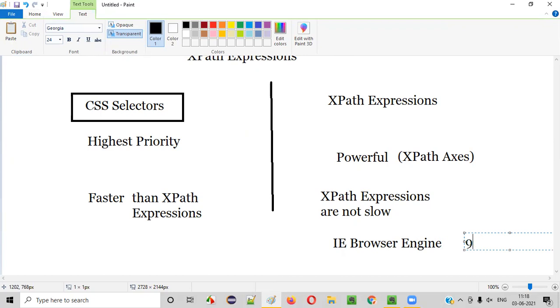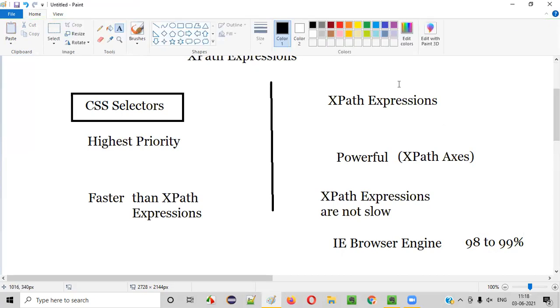In 98 to 99% of the cases, guys, there will not be any problem. If you are using XPath expressions and automating some script to run on an IE browser, in most cases the script will run, guys. But in that 1% or 2%, a few XPath expressions will not perform properly on the IE browser. XPath expressions sometimes fail when running the automation scripts on the IE browser. Sometimes it will happen, guys, not always. That's why I'm saying 98 to 99%, no problem. But in that 1% or 2%, there's a problem where XPath expressions may not be able to locate the elements on the IE browser.